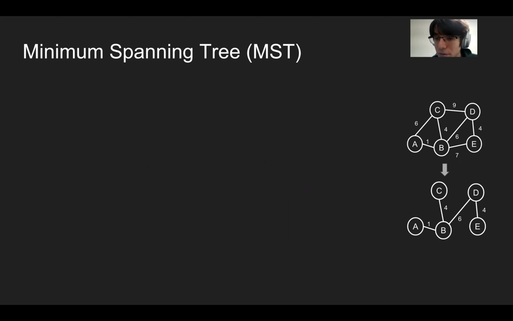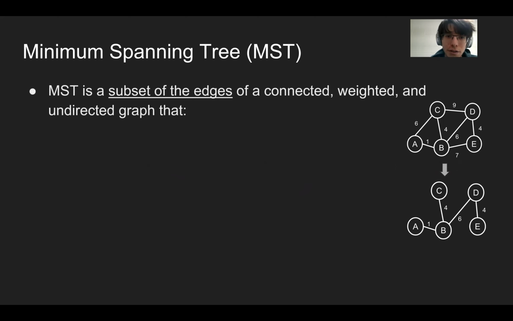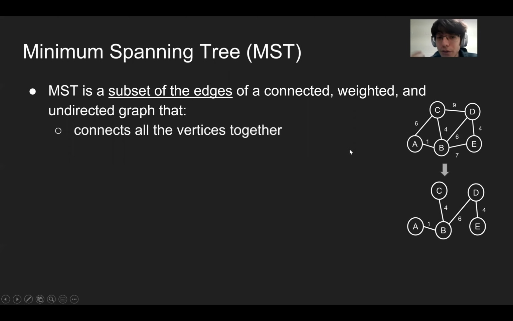So minimum spanning tree, or MST, the idea of it is it's a subset of edges of a graph, for connected, weighted, and undirected graphs specifically. There are other problems that are very similar for directed graphs, but minimum spanning tree in general is for connected, weighted, and undirected graphs, in which you connect all the vertices together. So you want to basically find the minimum cost to have a connected graph, right? So a minimum cost graph which includes all the vertices and connects all the vertices together,